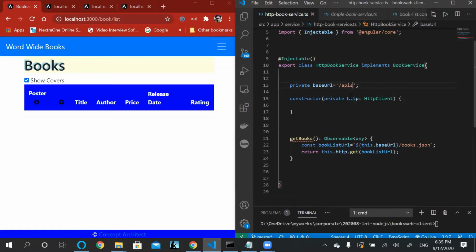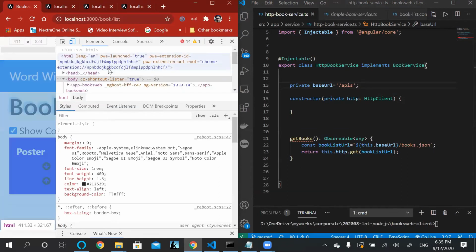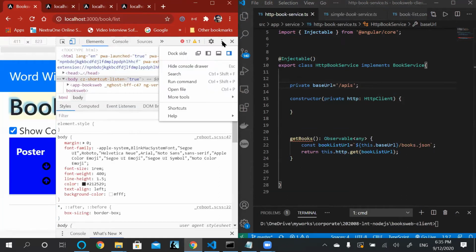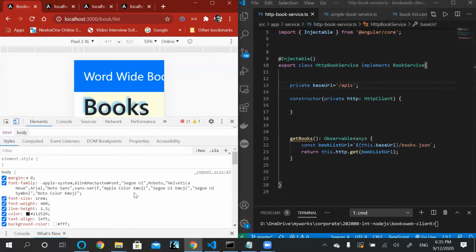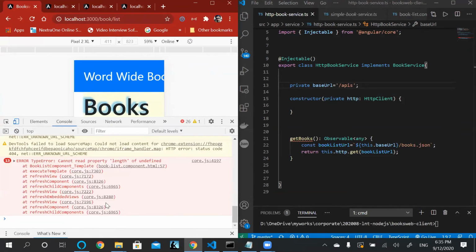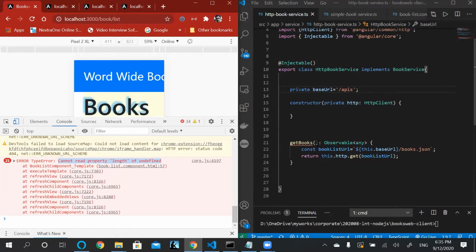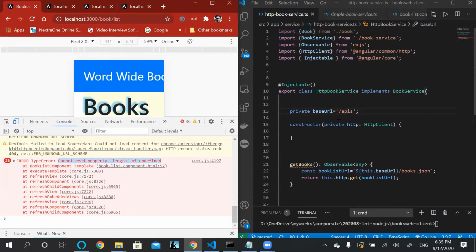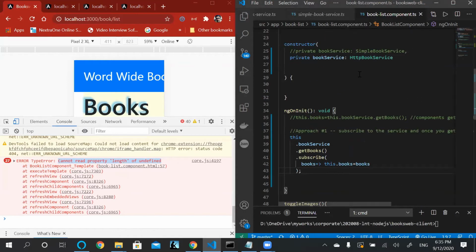You'll see you will not get any page. And if you go to the debug console of your browser, you should see that in my debug console, we cannot read the length of undefined because we have a book array, and book array is currently empty.